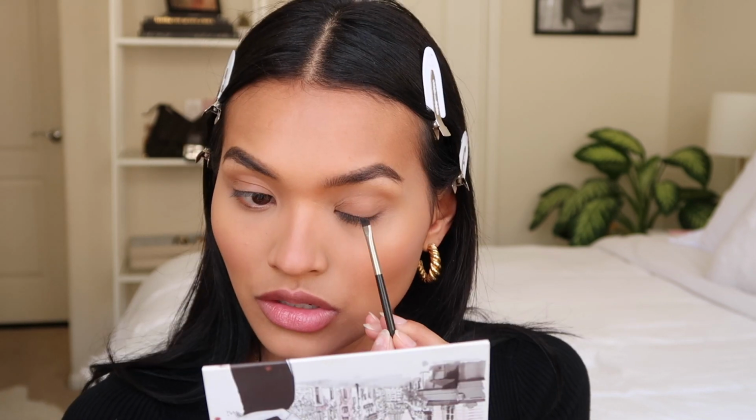Okay, so for my wing liner, what I like to use is eyeshadow. I like to use a really dark brown, not really black, but this color that I usually go for is in this Persona palette. It's the Identity palette, and I like this color a lot. It's just perfect. It's called Fearless, and I just like to line my...